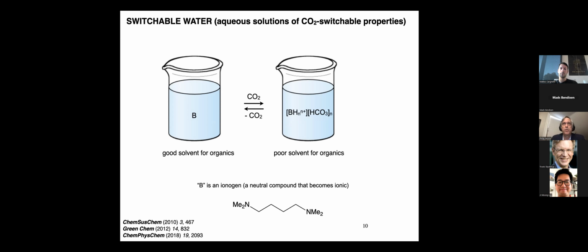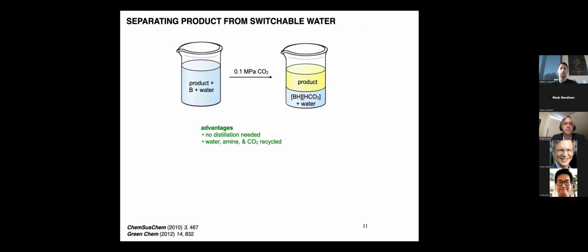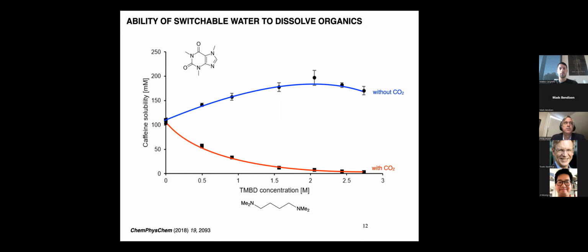So this solvent on the right, where the amine has been changed into its bicarbonate salt, we call the polar version or the ionic version of the switchable water. So this solution changes back and forth between a good solvent and a non-good solvent for organics. And so you can make products precipitate out. They'll be soluble as long as CO2 is not present. But as soon as you add CO2, the product precipitates out. You don't have to distill the water and therefore have a huge energy cost. You can do this at room temperature. And then once you've recovered your aqueous phase, you can get your amine water back and use it again.